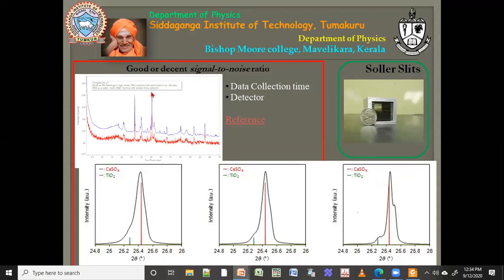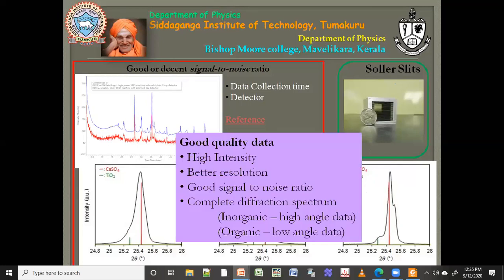A lot of people don't mind, because they just give the sample and take whatever data is given. They may get data like this and feel it is just one peak, and then your analysis may not be 100%. So it is better to take care of this. But if I use a smaller gap, the intensity is going to reduce, so you have to scan for a longer time. These are some of the things you need to take care of during data collection. So how do you say it is good quality data?